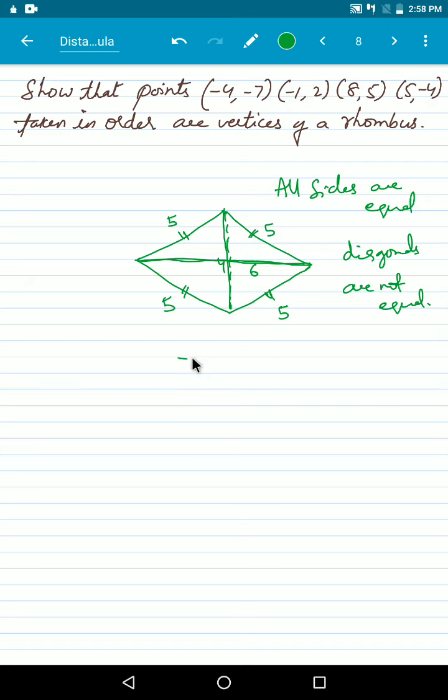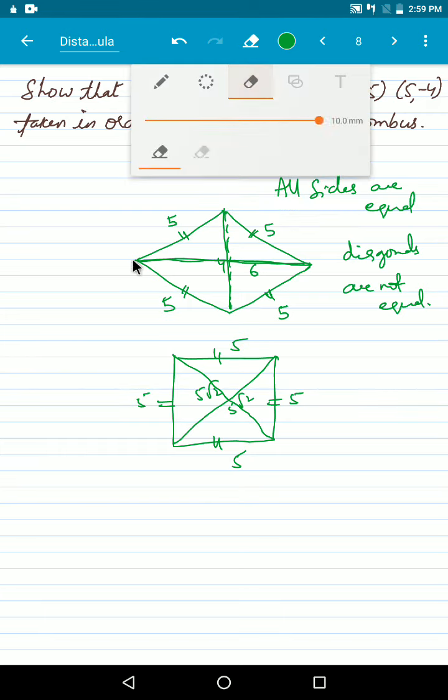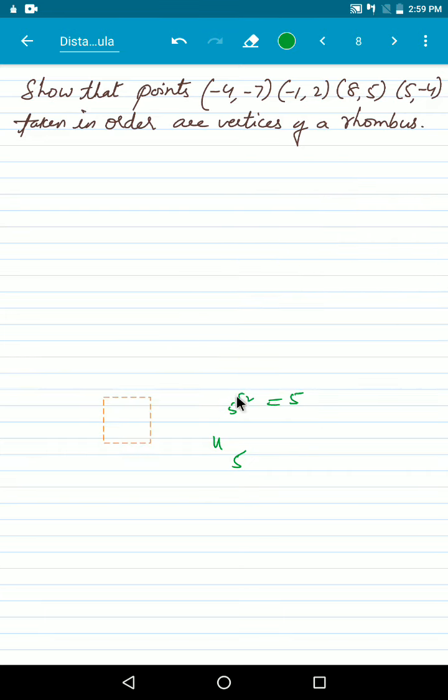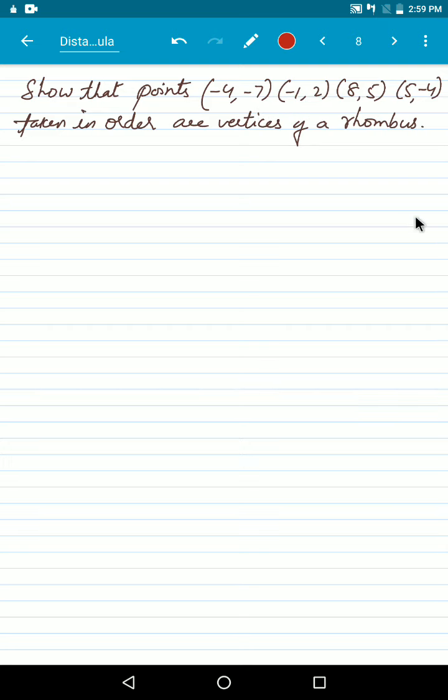Whereas in a square, suppose if this is a square, all four sides will be equal, 5, 5, 5 and 5, and their diagonals will also be equal. If this is 5 and 5, this will be 5 root 2, and this will also be 5 root 2. So four sides equal and two diagonals equal, then it will be a square. If four sides equal and the diagonals are not equal, it will be a rhombus. So we need to show that these 4 points will form a rhombus. That means the length of the sides should be equal and the diagonals should not be equal,